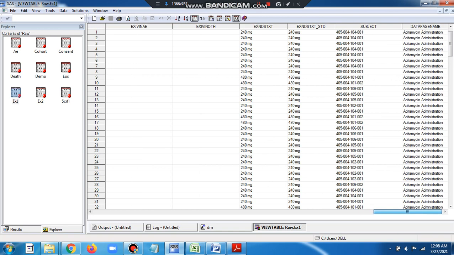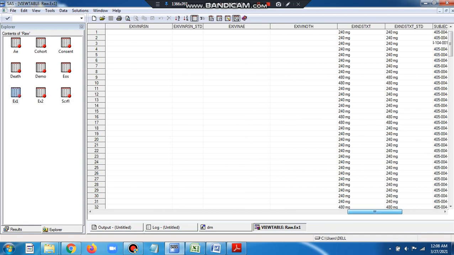These are the different values we have. The data page name has the variable, the drug name. So this is the drug name here, subject is here, and let me just take you through the different variables.